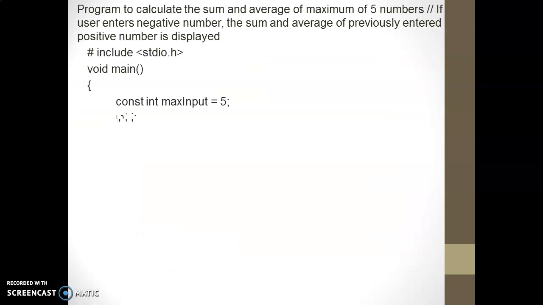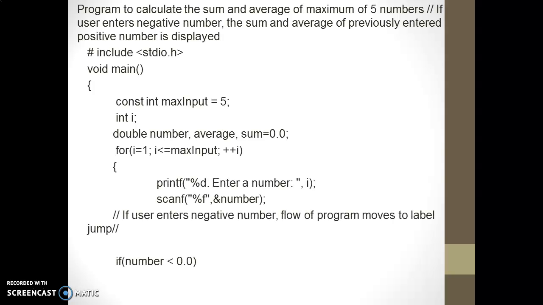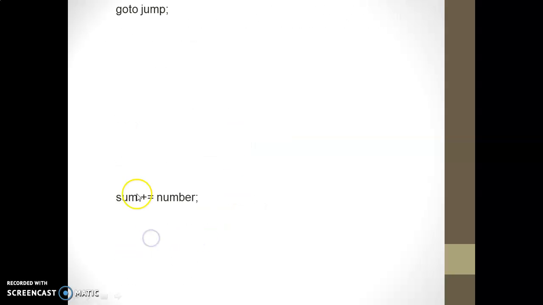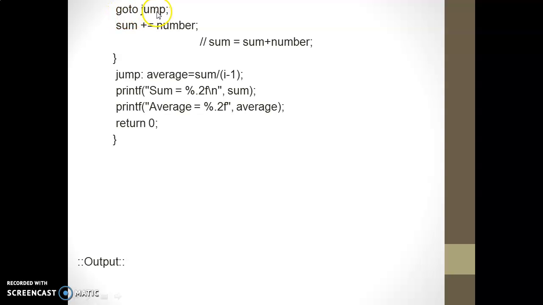So here we have a program to calculate the sum and average of a maximum of 5 numbers. If the user enters a negative number, the sum and average of the previously entered positive numbers is displayed when we enter the negative number, right? So we directly move. Here we have to write goto jump. You can see over here, goto and jump.